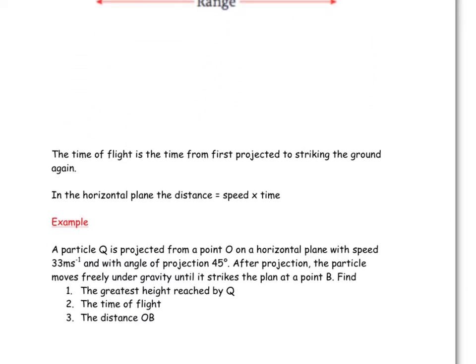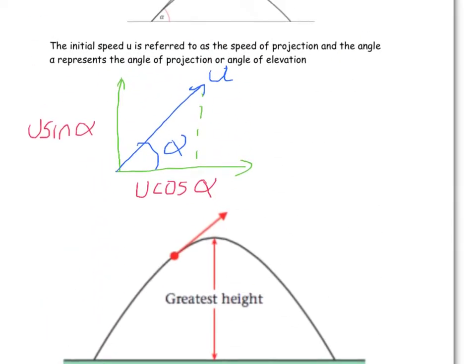We've also got another key thing we could talk about, which is time of flight, which is the time from first being projected to striking the ground again. And in the horizontal plane, the distance is calculated by doing distance equals speed times time. So once we've calculated back here in our diagram the component of the initial speed that is acting horizontally, to find out the range from the start to the end, or the distance, we just need to do the speed times by the time it takes from the moment you fire the projectile to when it hits the ground again,